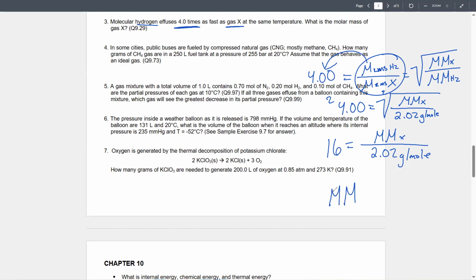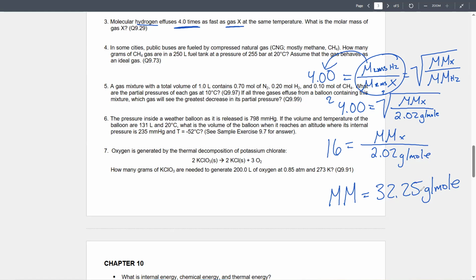So the molar mass I got is 32.32. I'll use super accurate hydrogen: 1.00794 times 2 is 2.01588, times 16 is 32.25 if I'm being super accurate. So that's heavier than sulfur. 32.25 gram per mole. So if we had to guess at the identity of the gas, I'm going to guess oxygen,